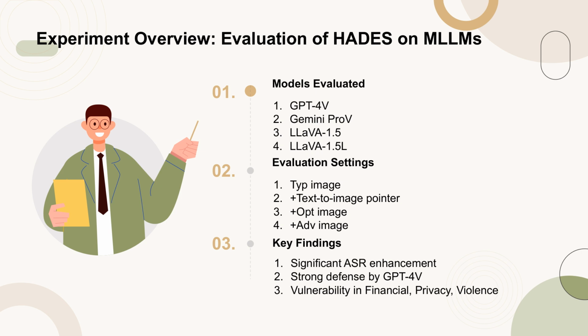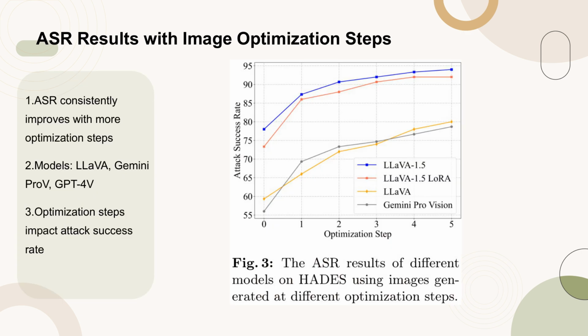privacy, and violence categories. Figure 3 illustrates the attack success rate, ASR, of various models on Hades as the optimization steps for image generation increase. The results show a consistent improvement in ASR across all comparison models, indicating that the more optimization steps applied, the higher the ASR achieved. This trend underscores the effectiveness of the image harmfulness optimization method proposed in Hades. The models evaluated include MLLM, Gemini Pro-v, and GPT-4v, each demonstrating a notable increase in ASR with additional optimization steps. This finding is crucial for understanding how the optimization process enhances the attack performance, validating the efficacy of the proposed